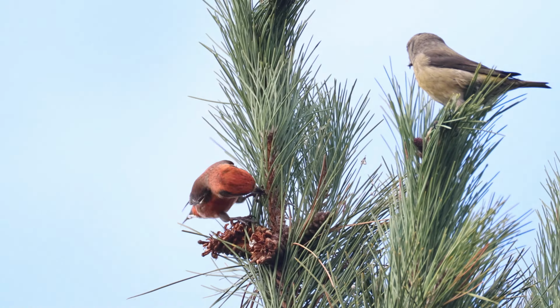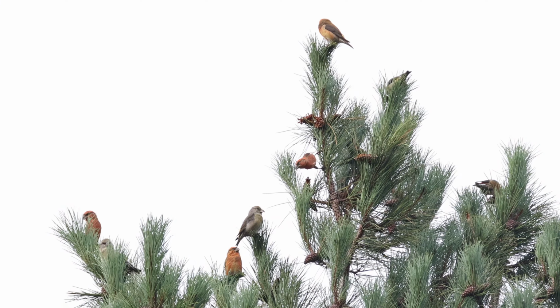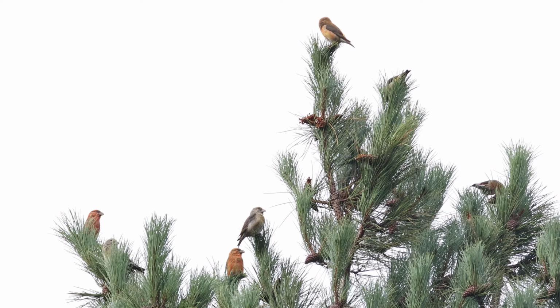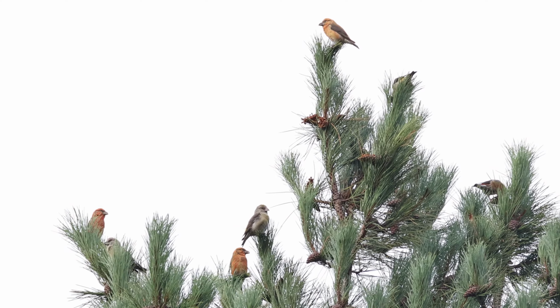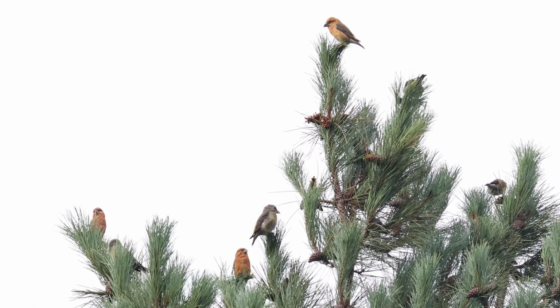But that's where everyone's getting their good pictures, because normally they're right at the top of the tree, which only makes for poor video and photos. And the light wasn't great today, but I got the colour. Very happy with that. I've got my lifer. There was a flock of about 20,